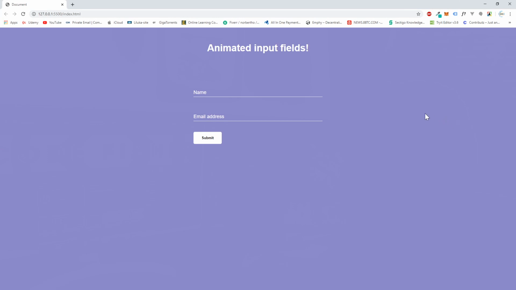Hello and welcome back to the channel. Today let's create these animated input fields. As you can see, we have labels on the white border, and if you click on the input field, the label goes up and the bottom border has this nice